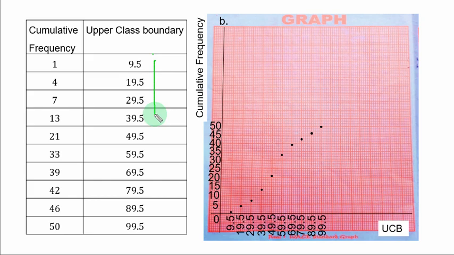The scale used on the cumulative frequency axis is 1 centimeter to 5 units, which means one line is 1 centimeter. And on the upper class boundary axis, there's no special scale. You start from the first upper class boundary 9.5 till the last one